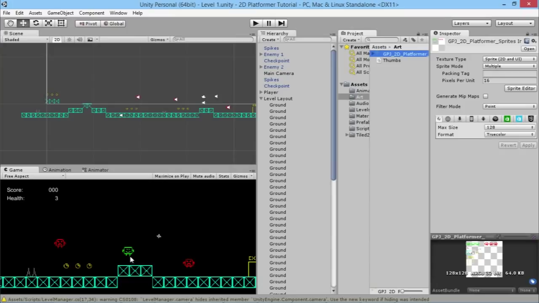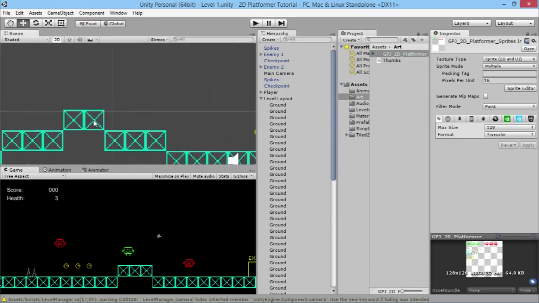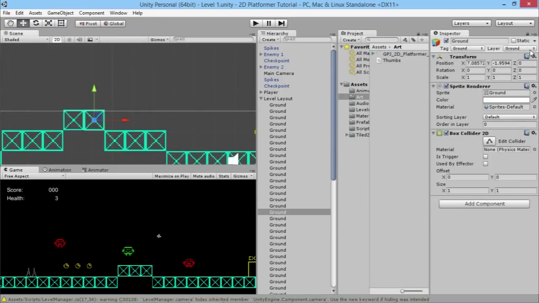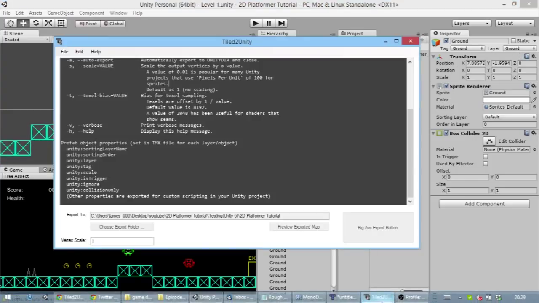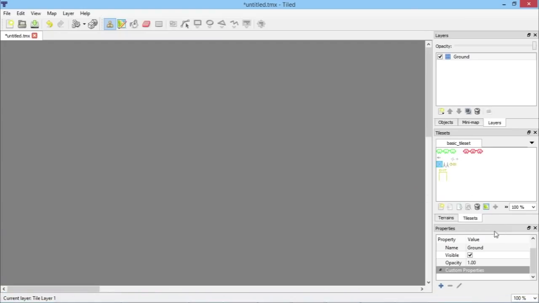So back here, for the player to know that he's on the ground, he's always checking for the ground layer below his feet, and that's why we set up these objects to have a ground tag and a ground layer. So what we want to do is make sure that that same thing happens within Unity. So in our Tile to Unity here, we've got this handy little guide thing that shows what things we can do. So we can see here we've got a Unity layer and we've got a Unity tag. So that means we can set those properties within Tiled, and they'll be able to be automatically sorted out within Unity for us. So you have to make sure and click on ground here,